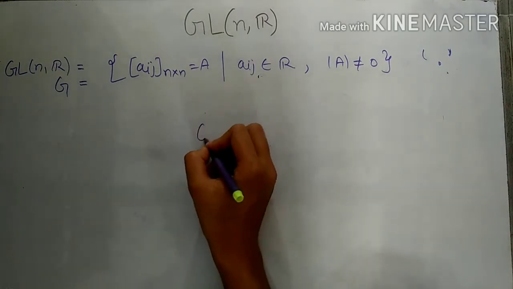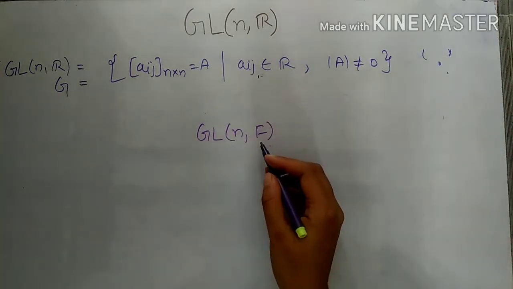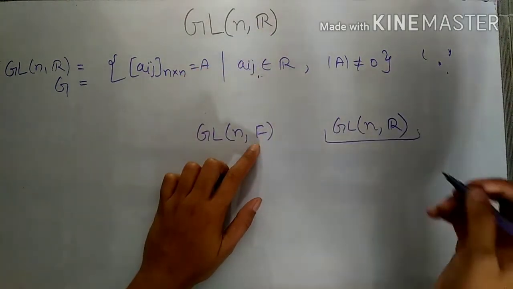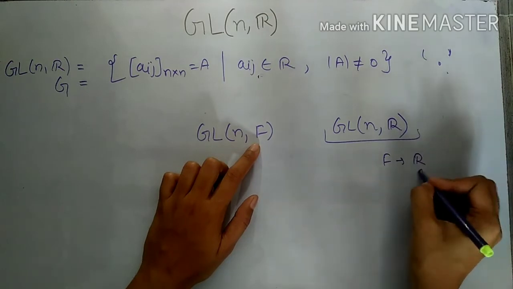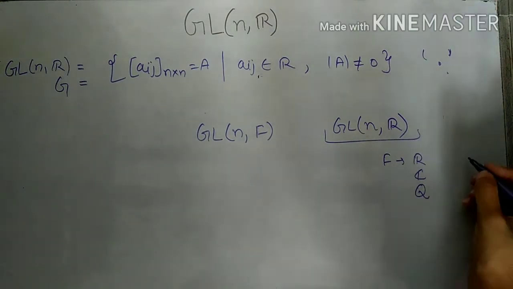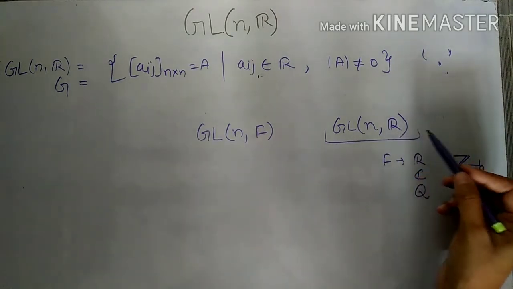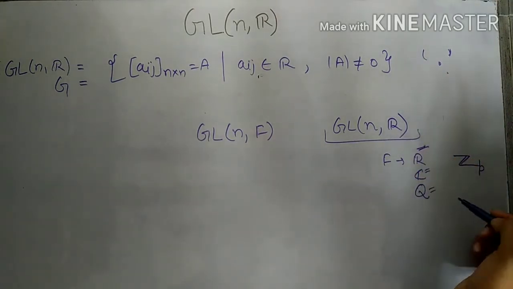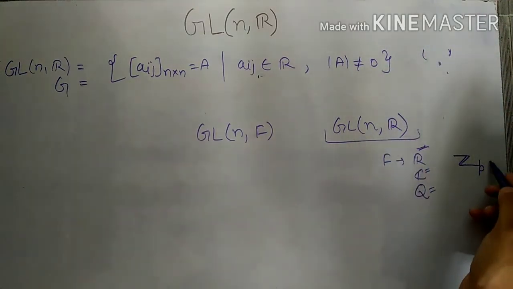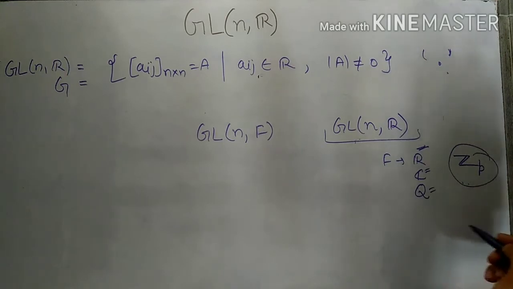Friends, generally we study the general linear group of degree n over F, where F is field. We will study definition of field in field theory. Here we have taken field as a set of real numbers. We can take here any field like field of reals, field of complex, and field of rationals. We can take any field here. We can take finite field also like Z_p. So if we are taking here infinite fields like this, set of real, set of complex, set of rational, then this set will form a non-abelian group of infinite order. And if we are taking here finite field, then this set will form a non-abelian group of finite order. We will study it later in ring theory.